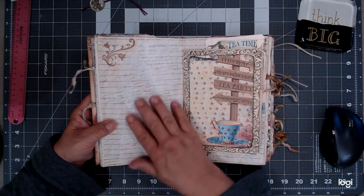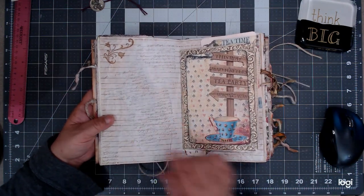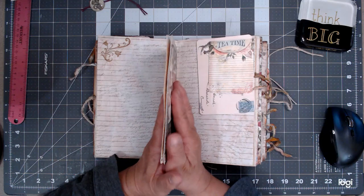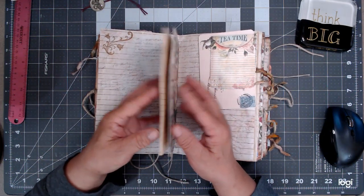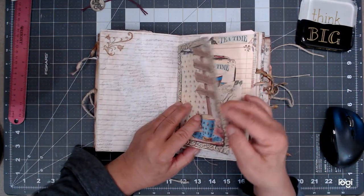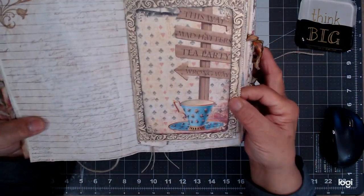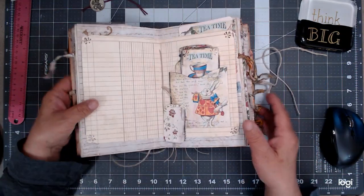And here we're coming close to the center. Stamping. And here's a little booklet that I included in the center of the spine. So this is the first signature, or the center of the first signature. And I created a booklet out of some really good heavy cardstock. And it's all about the tea party. And then when you open it up,